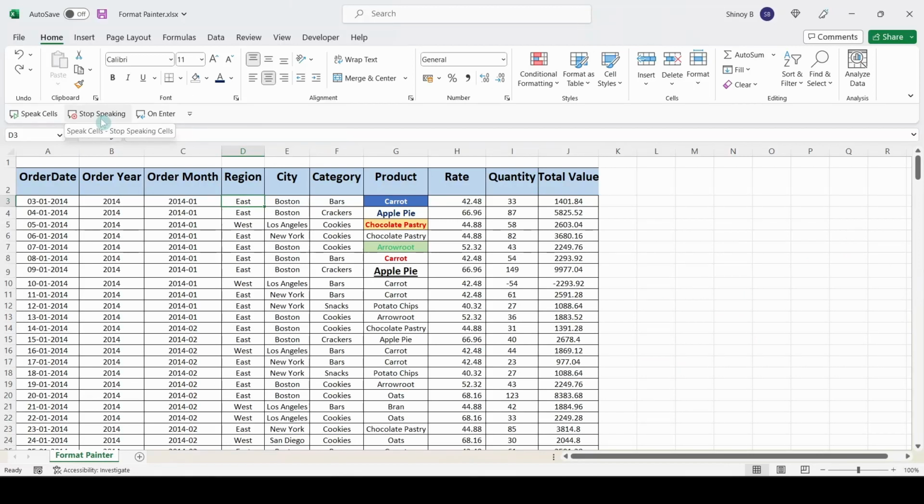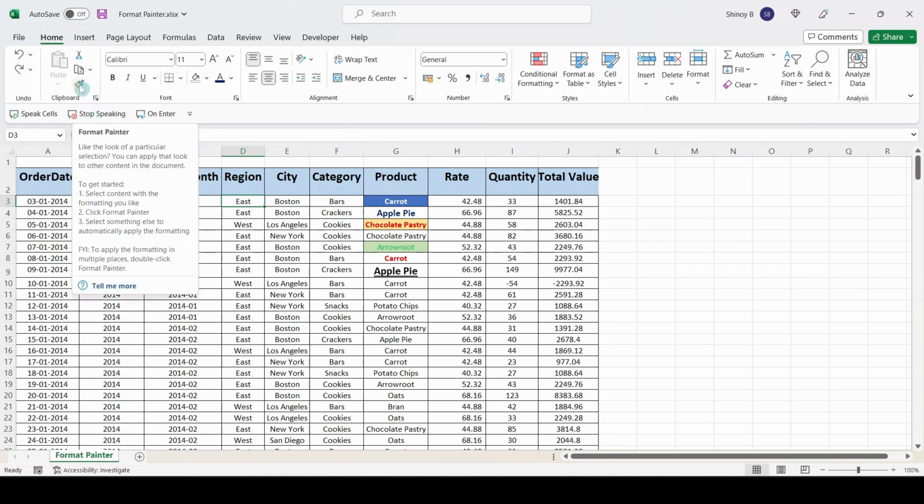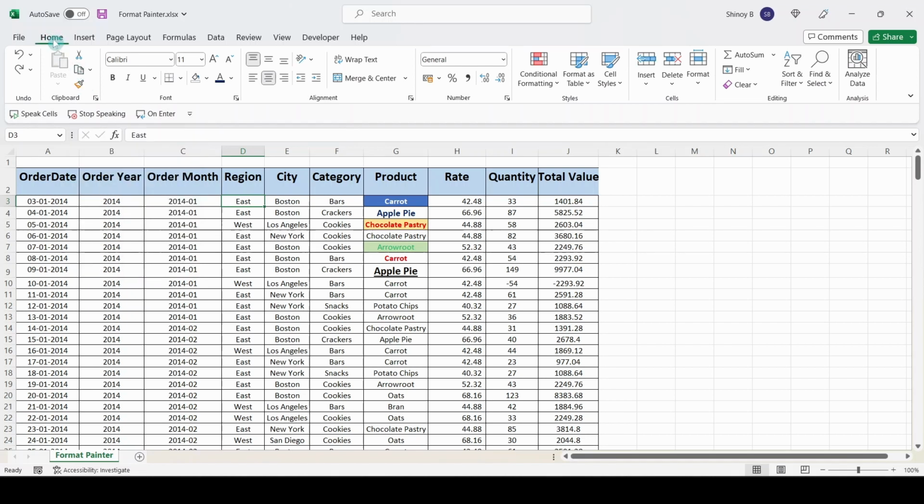In this video, I will show you different ways of copying format from one cell to another cell. Most of you are familiar with the Format Painter button under the Home menu of the Excel application. For those who have not used the Format Painter button before, I will show you how to copy the format from